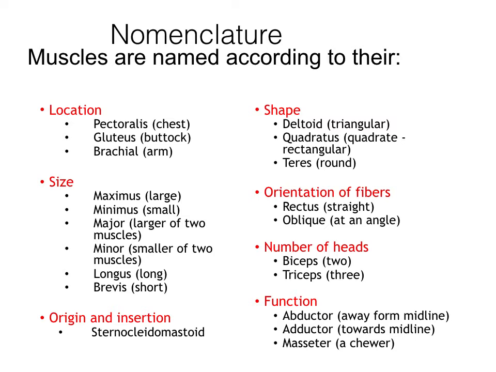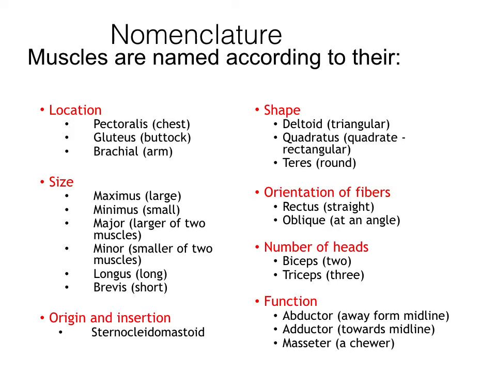Cleido means clavicle, and mastoid is a process on the temporal bone. Okay. Shape: deltoid, quadratus, teres are shapes. The fibers: rectus, that means having straight fibers, oblique at an angle. There are some muscles that have more than one head, so often they'll get the name biceps or triceps, and